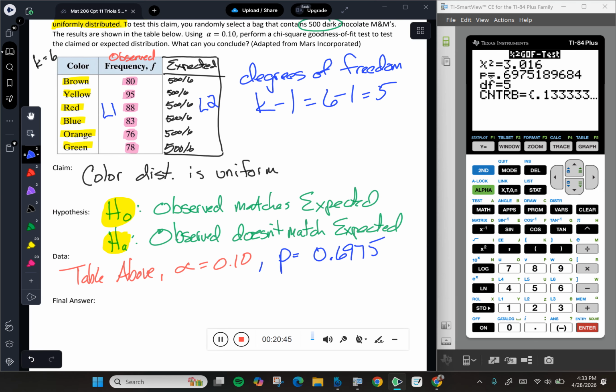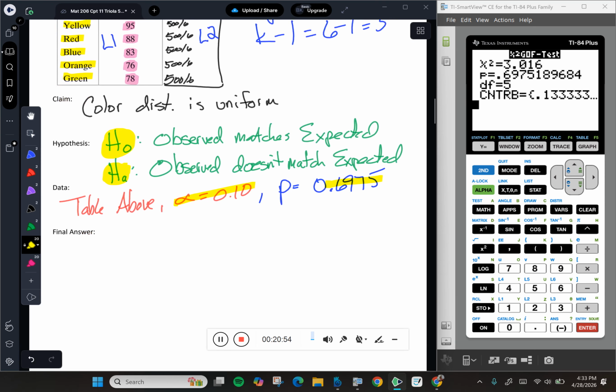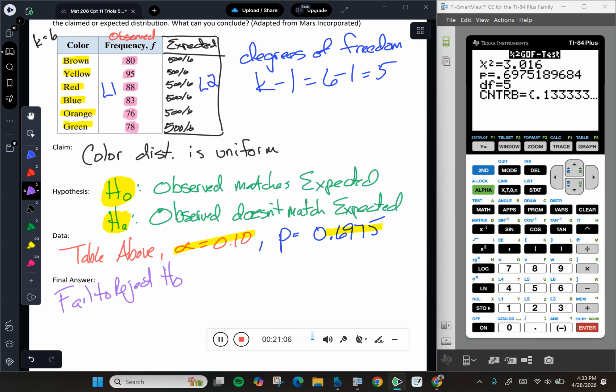Now that I've got a p-value, I can compare my p to my alpha. Here's my p, 0.7 roughly. Here's my alpha, 0.1. Since the p is way bigger than alpha, we are going to fail to reject the null hypothesis. Now, what was the claim? Well, the researcher claimed that the distribution was uniform, that the observed should match the expected. And if we fail to reject the null hypothesis and the claim is the null, we would say there,